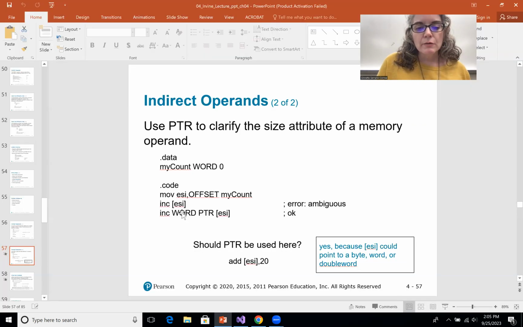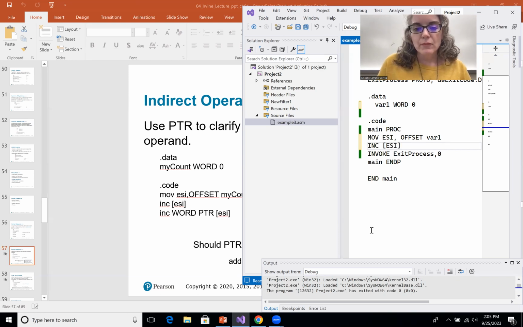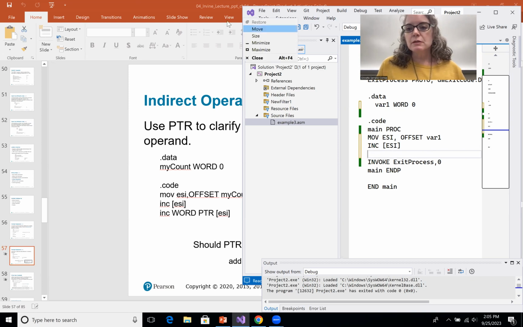Then they increased ESI, and that's it. So the first thing we want to see is how this runs. So if we actually run this example,